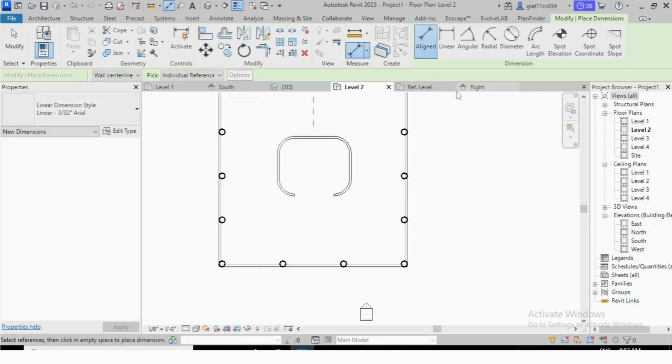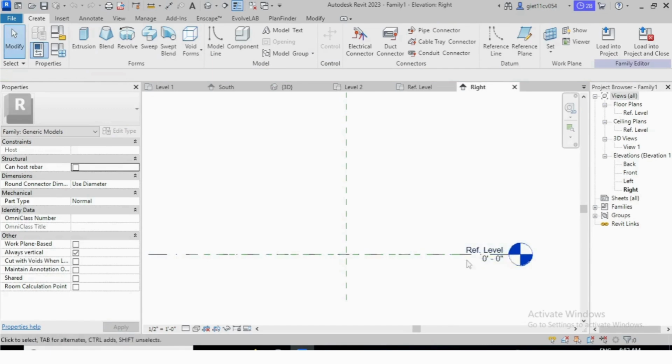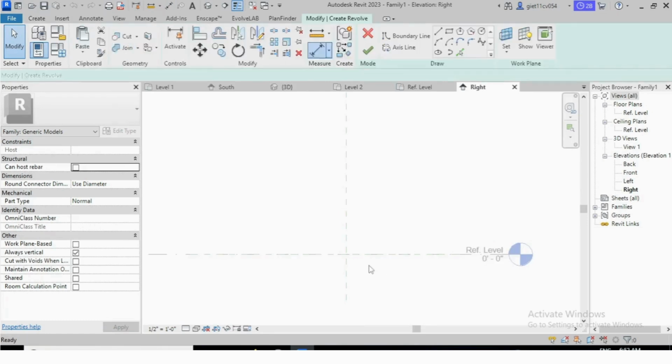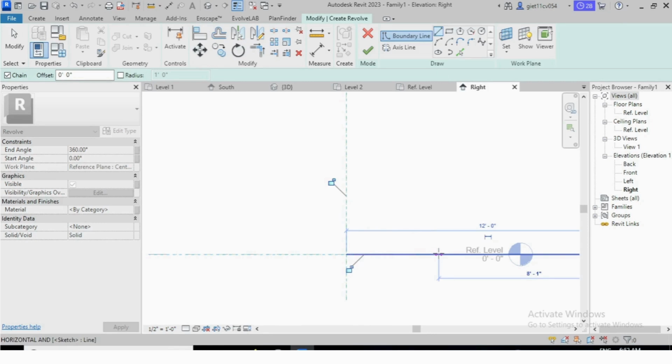Okay, let's make 12 feet this side. So we just select the revolve command and make it 12 feet. 12 feet. Okay.